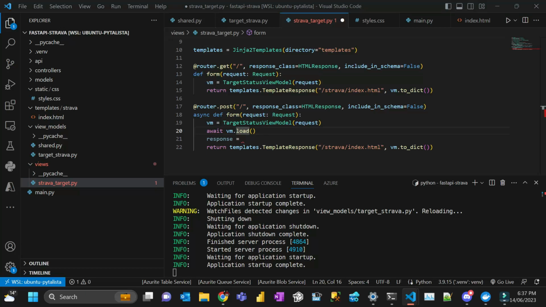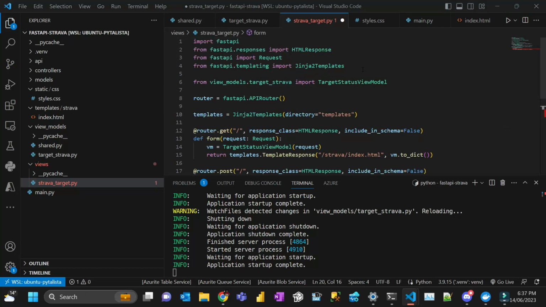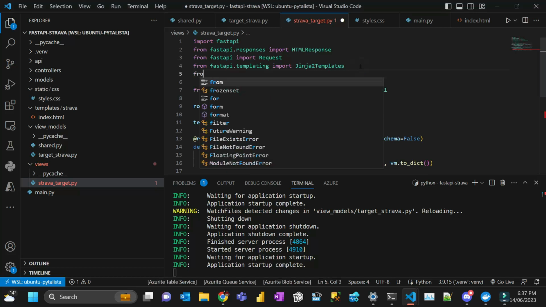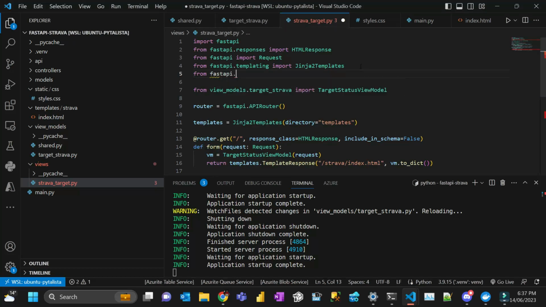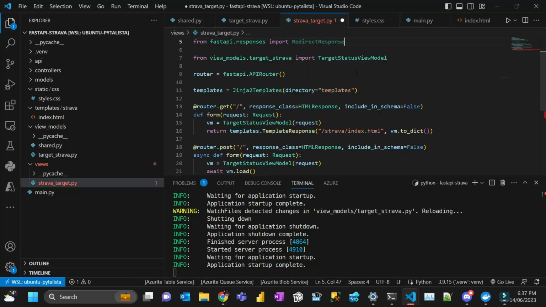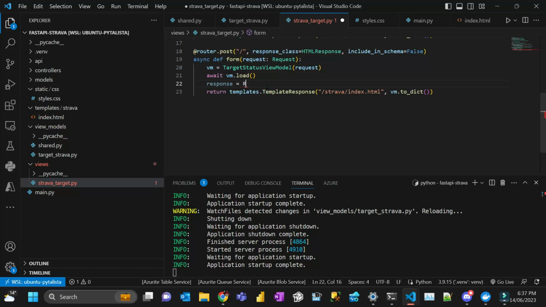So from FastAPI, I think it's responses, import, I think it's RedirectResponse. Okay, so I'm just going to call it RedirectResponse, and then for the redirect response, what you need to do is